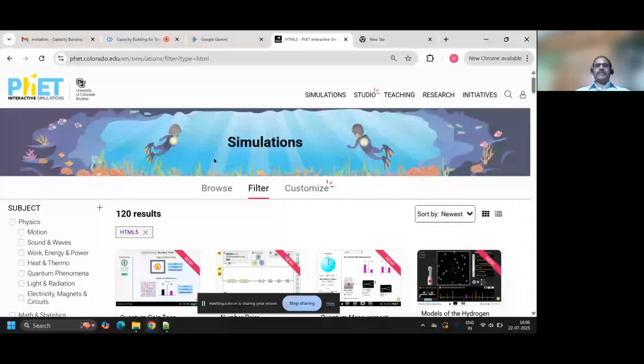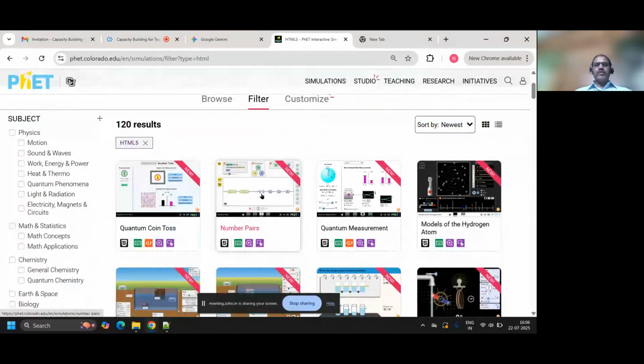Good. Today also, we will start seeing a few experiments. Let me start with this. I'm going to share my screen. Every day, we will be seeing different experiments. I will share my screen. Hope it is visible. Screen is visible, right? So now, today I'm going to take a few more simulations.